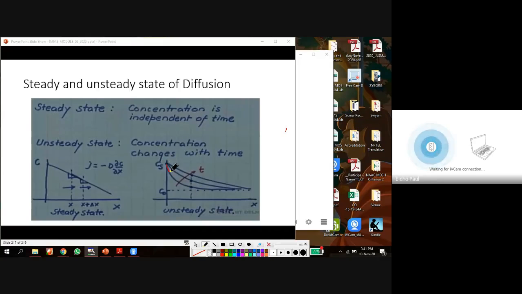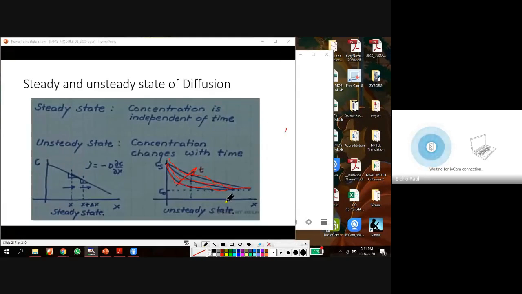This is the graph at time t1. When we check the variation of concentration at another time, this is the next graph. And for another time t3, this is the next graph. So with respect to time, the concentration is varying